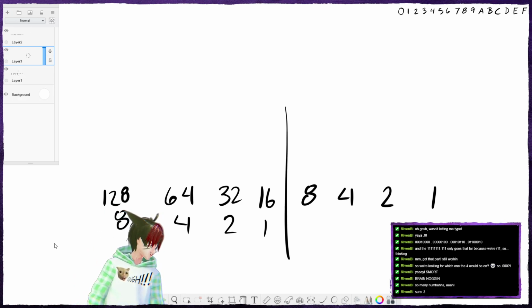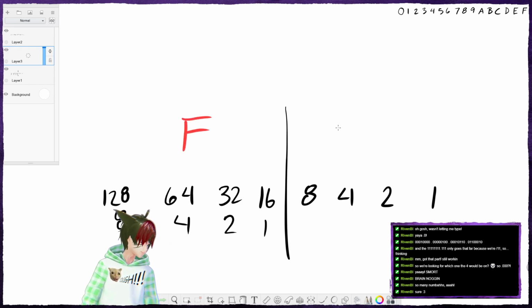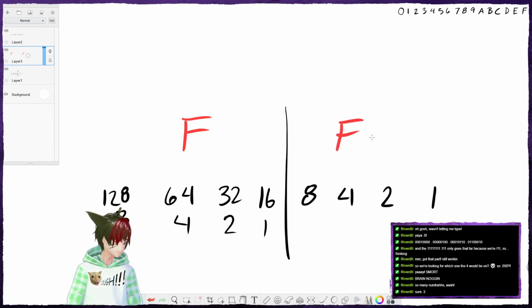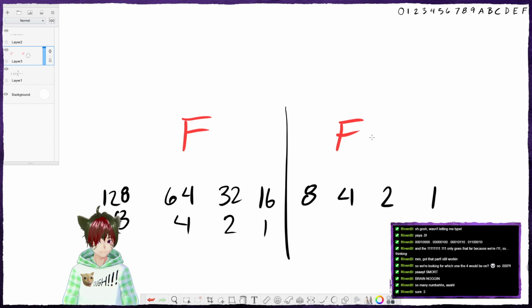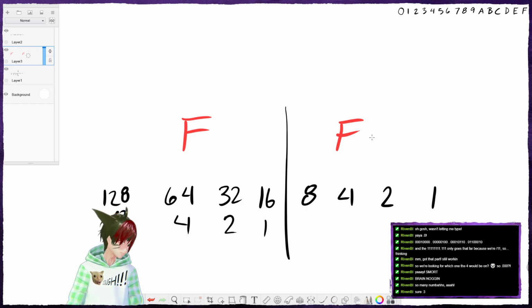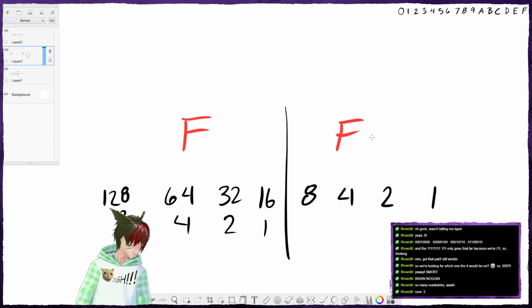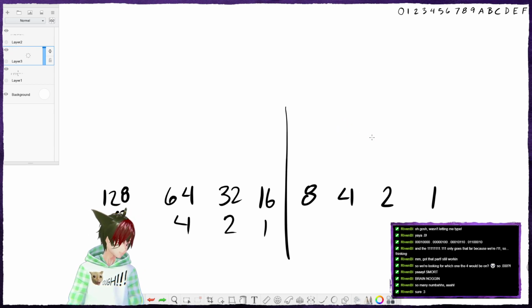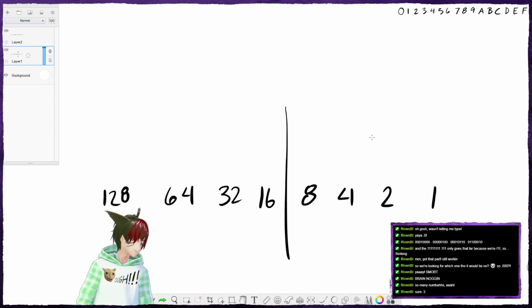That is going to be FF. I think. Reason being, going back to